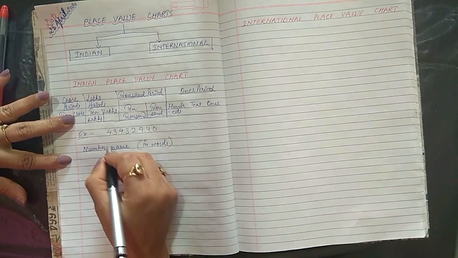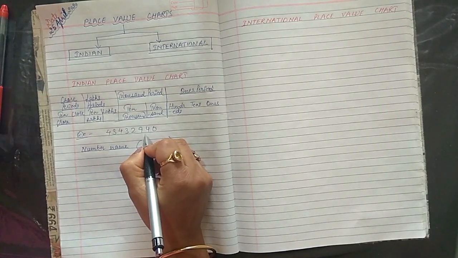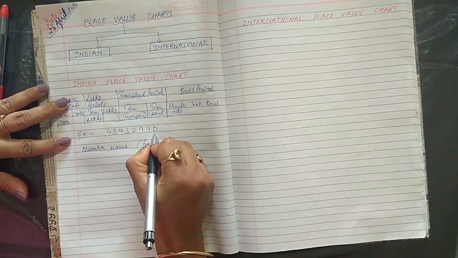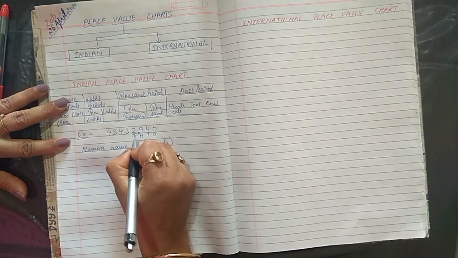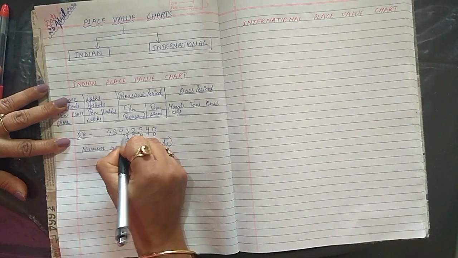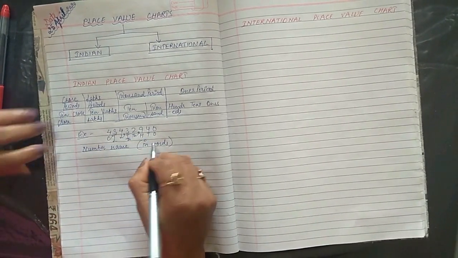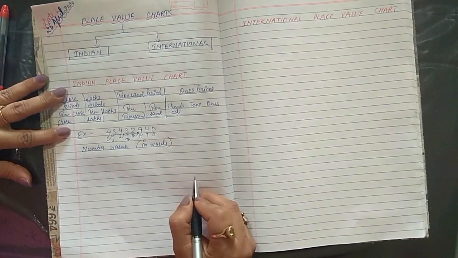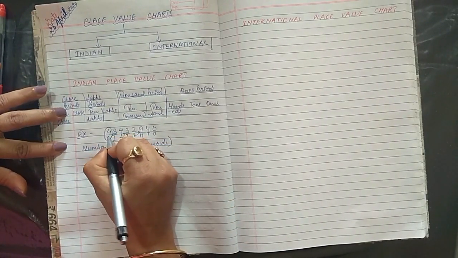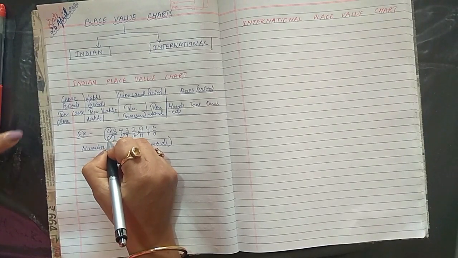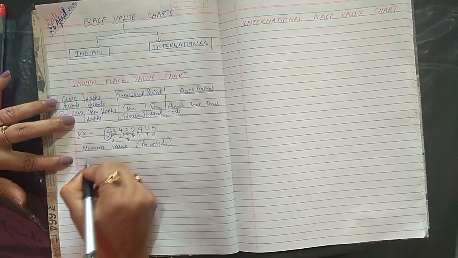What are these? First of all, we'll put the comma according to the periods, like ones, tens, hundred. We'll put comma over here. 1000, 10,000, we'll put comma. Lakh, 10 lakh, we'll put comma, and this is crore. And this will make our work very easy. How? Now what we are going to do, we are going to write according to the place value that is written with the given digit. Like this 4, under this is written crore. So what we are going to write,